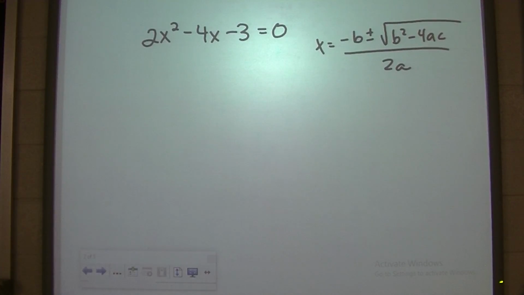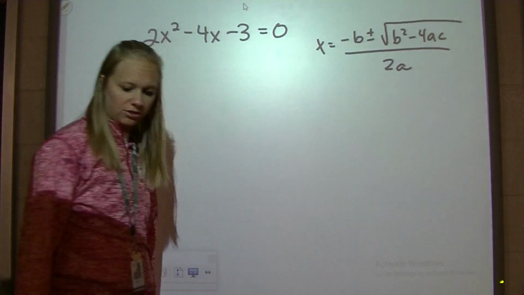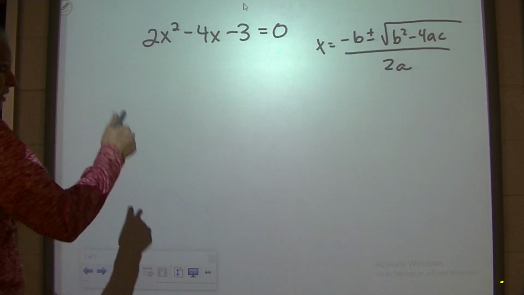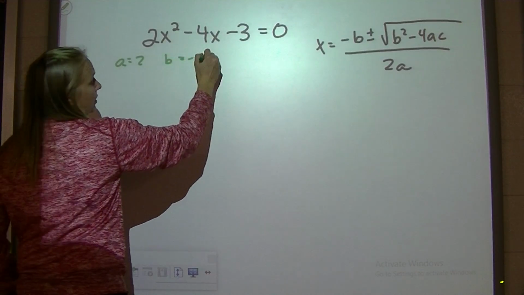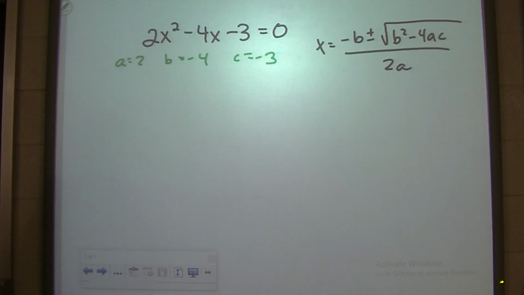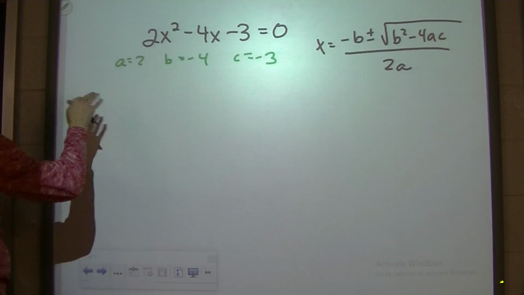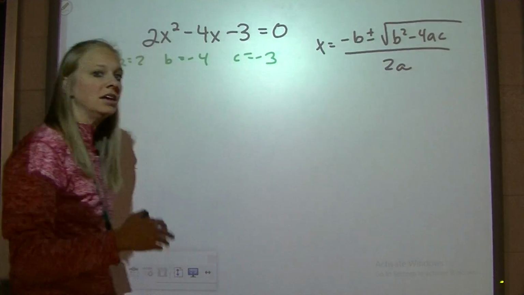Okay, so what we need to do here is, again, solve the quadratic equation using the quadratic formula. So again, we need to identify our a, b, and our c. So a is 2, b is -4, c is -3. So from here, after we get this identified, we plug those values in for a, b, and c in the